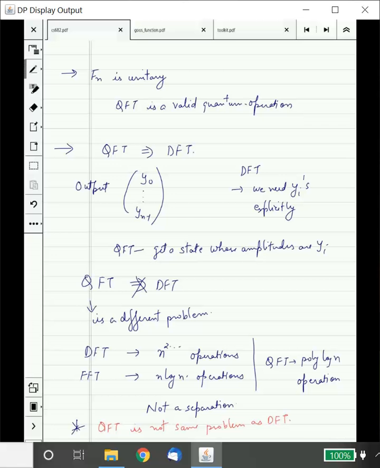This will finish this lecture. In the next lecture, we will see a quantum implementation of Fourier transform. So we will perform QFT using